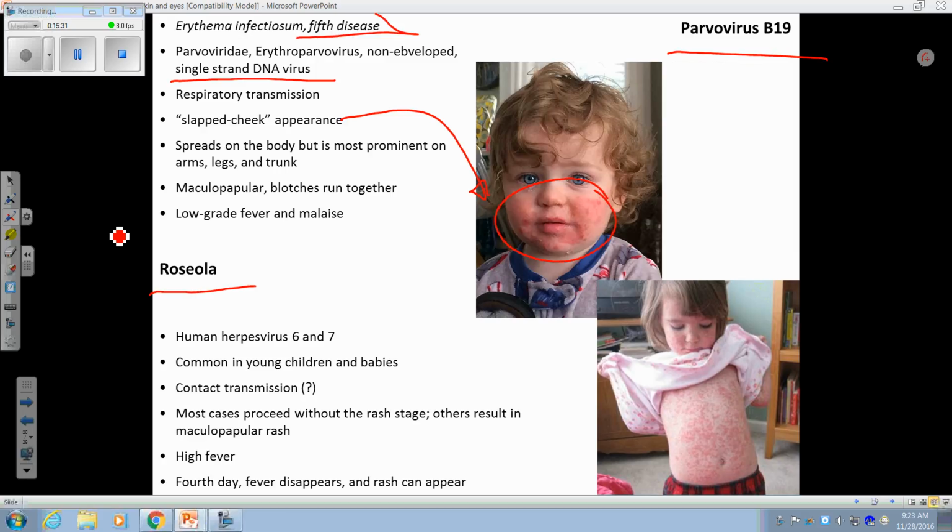Okay, the fifth disease. Fever, malaise, and it doesn't seem to be associated with any long-term complications, but the latest